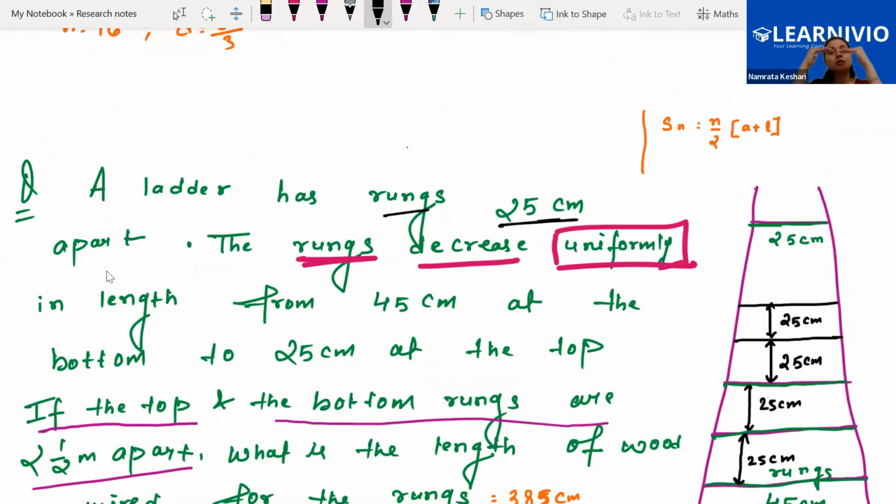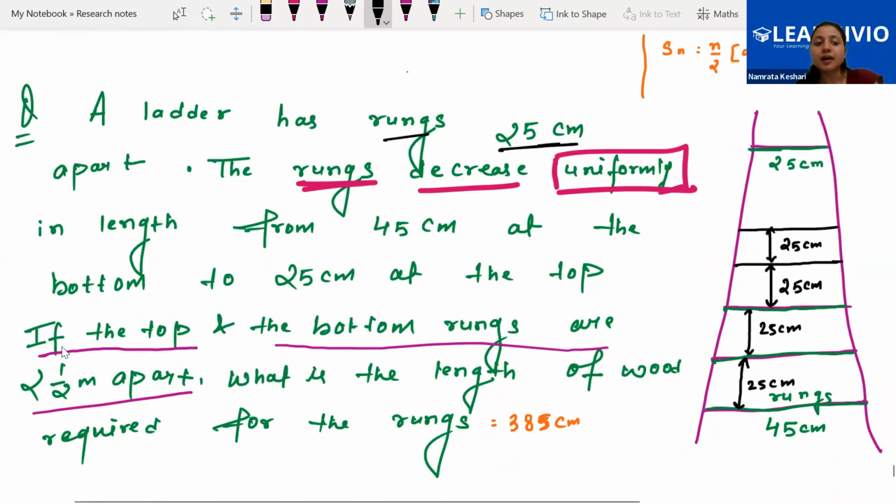The rungs decrease uniformly in length from 45 centimeter at the bottom, that means bottom's rung length is 45 centimeter, to 25 centimeter at the top. That means the top rung is 25 centimeter. See the underlined part here, Maha: if the top and the bottom rung are 2.5 meter apart,